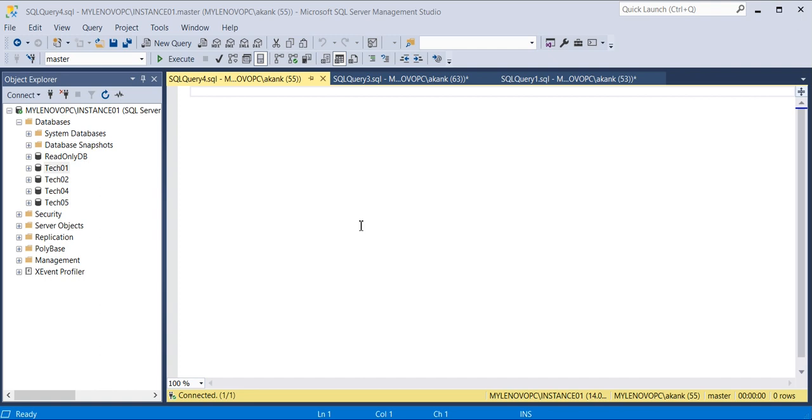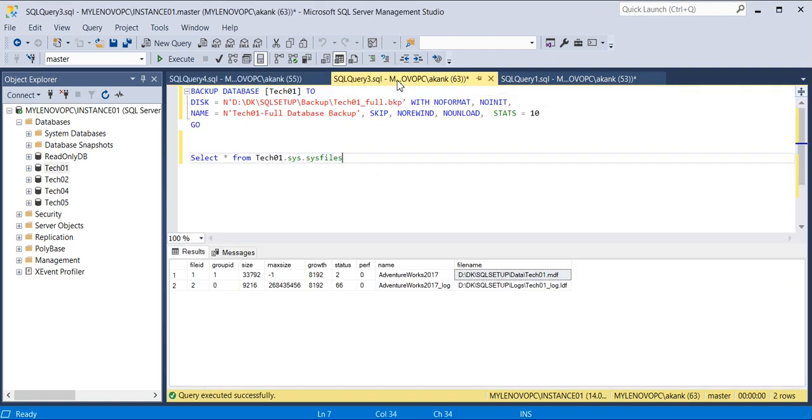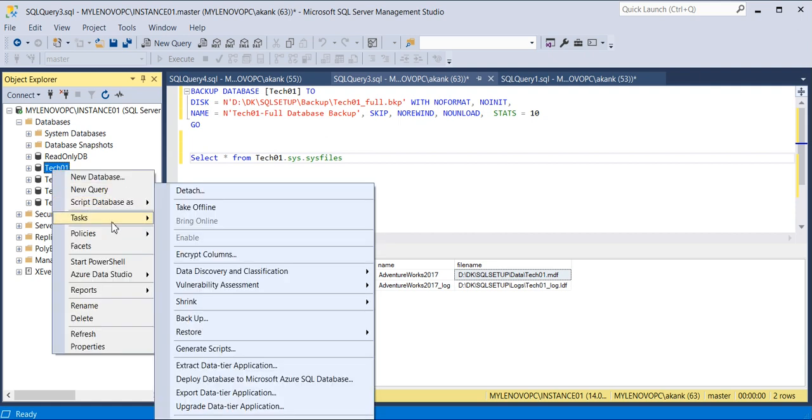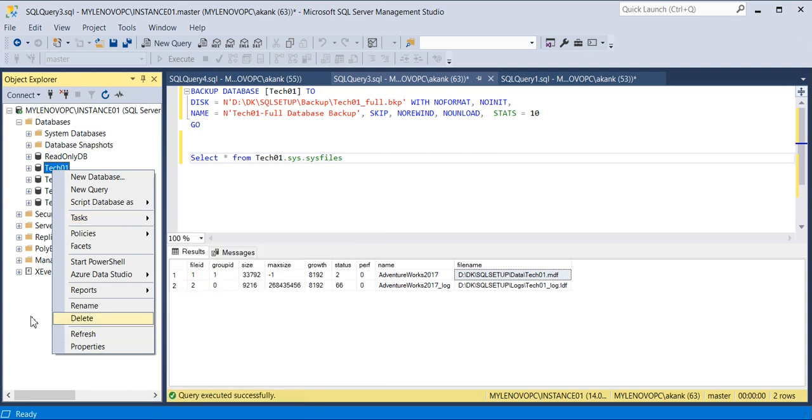So today we will learn the cold backup and hot backup. Taking a database backup is quite an easy task. I have already explained this, and I created the maintenance plan in my previous video. Today I am going to show you taking the backup either with TSQL or the SQL Server Management Studio GUI: you can go to the database, right click, go to Tasks and then Backup, and take it from the console itself.